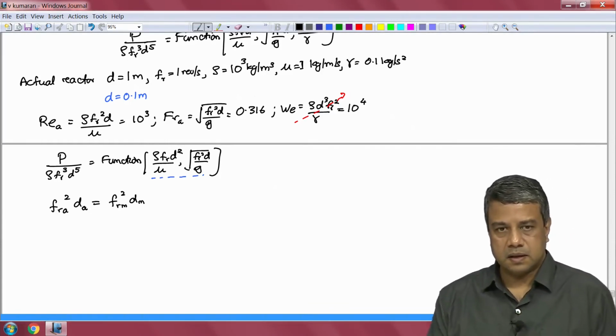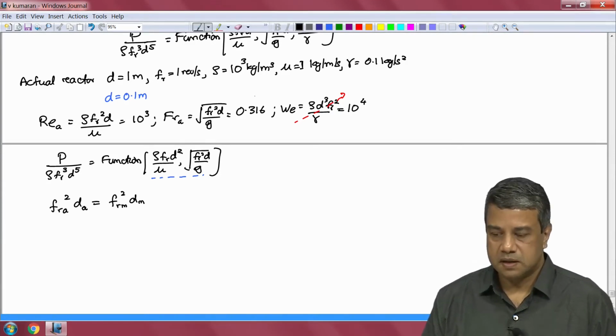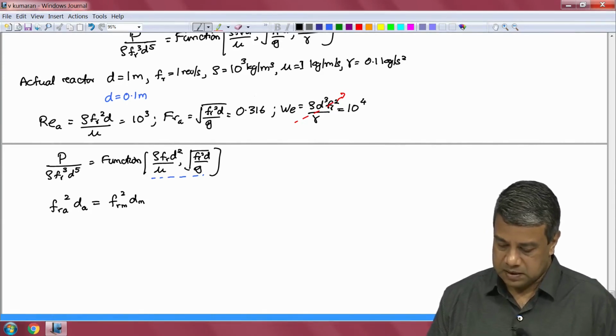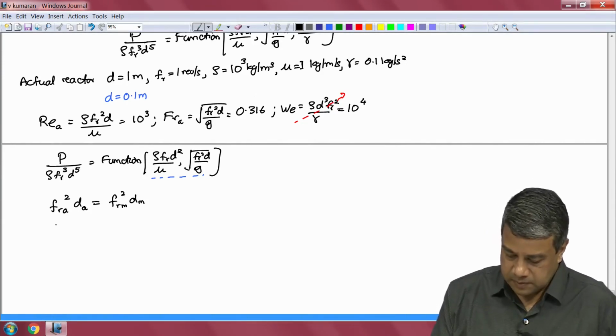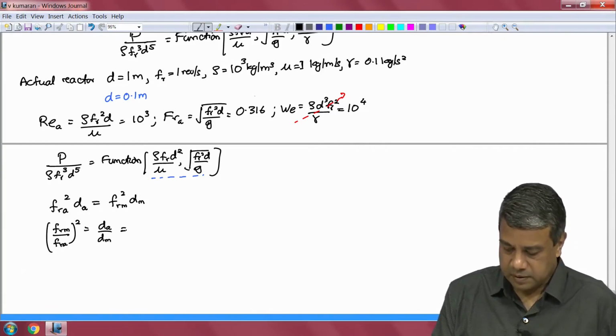The Froude number is a constant because gravity cannot change. Therefore, the numerator has to be the same in the Froude number for both those cases. This implies that f r m by f r a the whole square is equal to d a by d m,